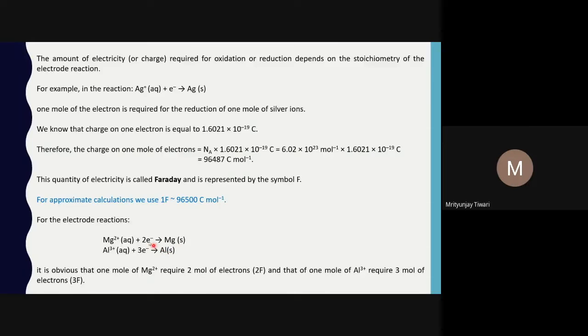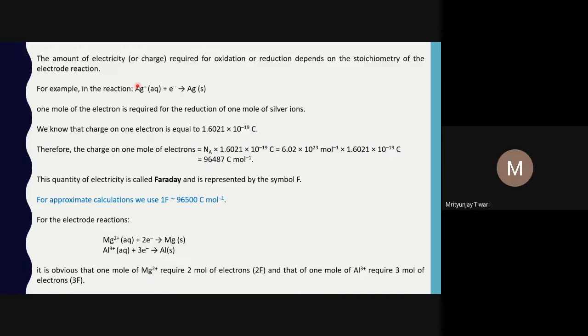So based on this, how many equivalents or how many moles of electrons are required per mole of the metal deposited defines how many equivalents of that metal there are in 1 mole of that metal. So if 1 mole of metal requires only 1 mole of electrons to get reduced from its corresponding cation,